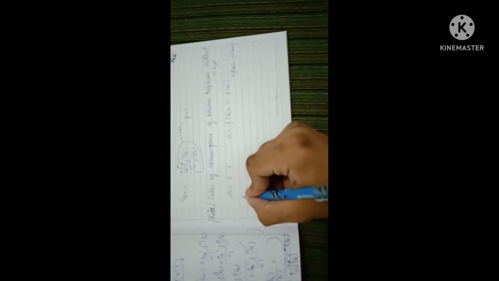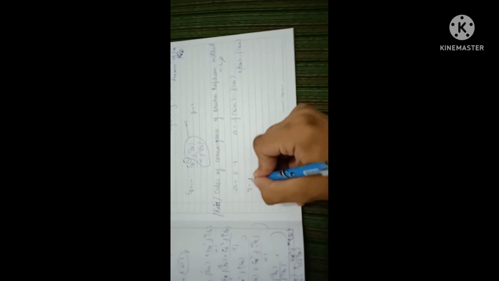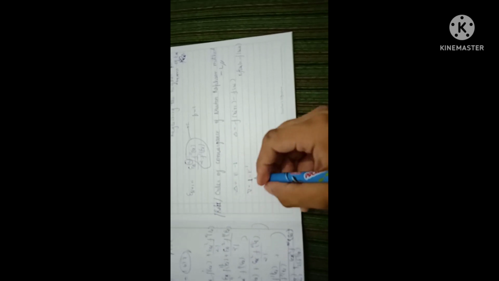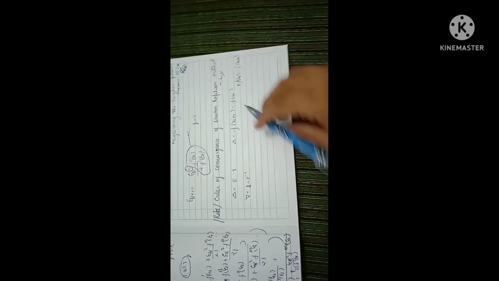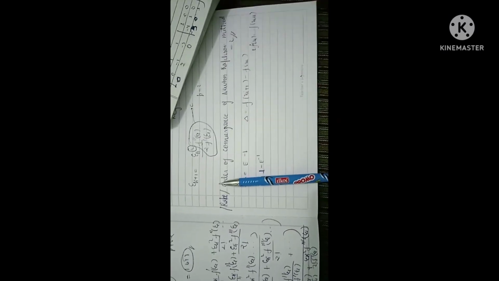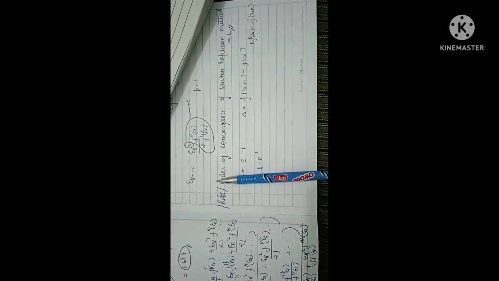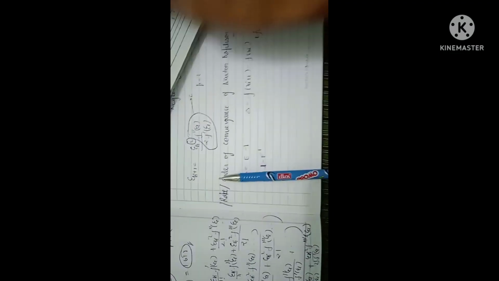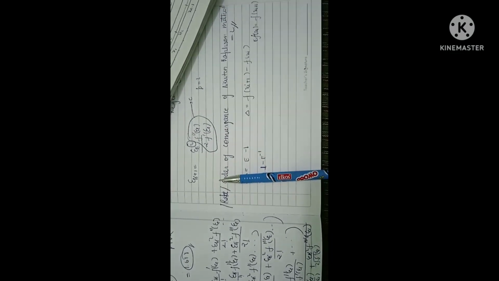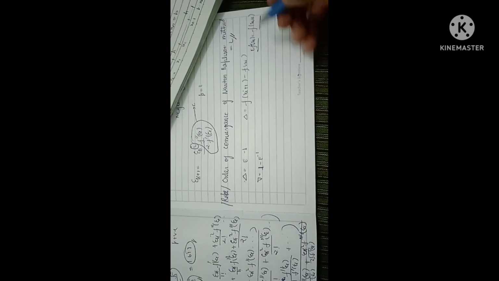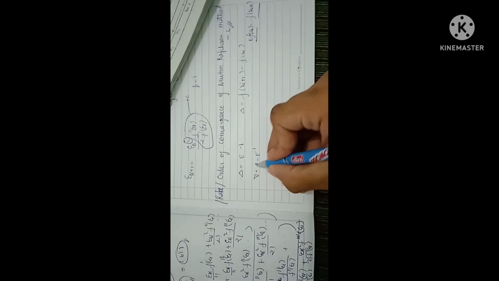And backward difference operator is equal to 1 minus E to the power minus 1. First I will check this thing. Let me check it. So I was correct, this E f xi is equal to f of xi plus 1,